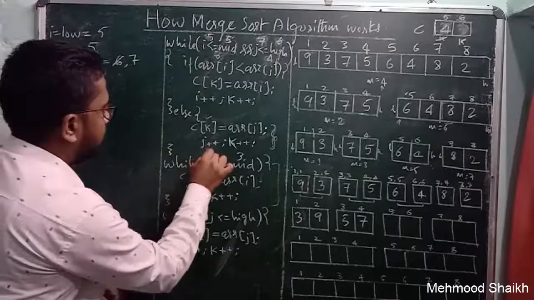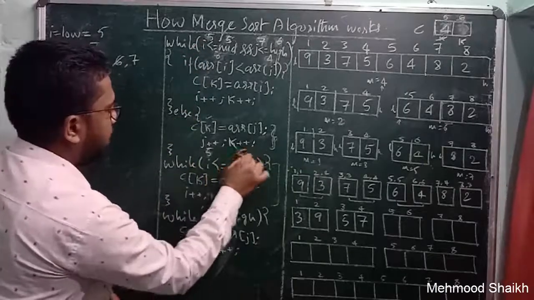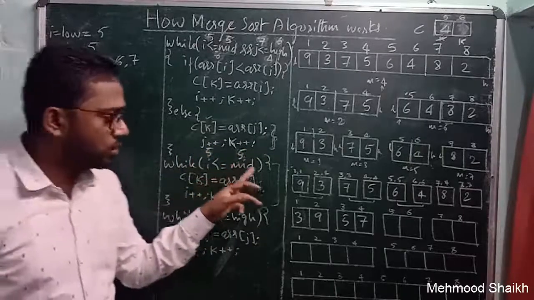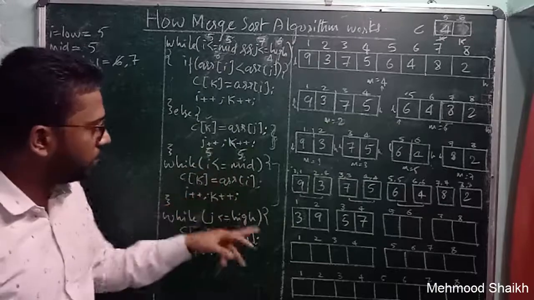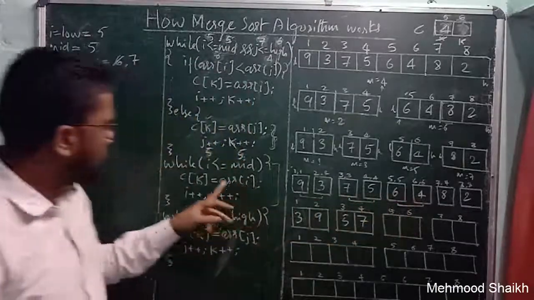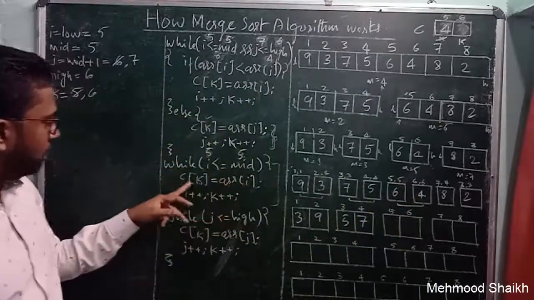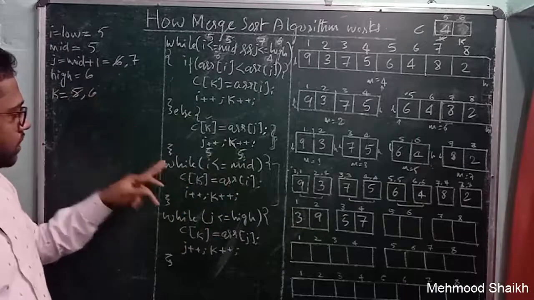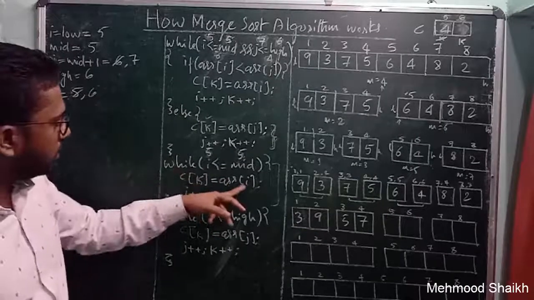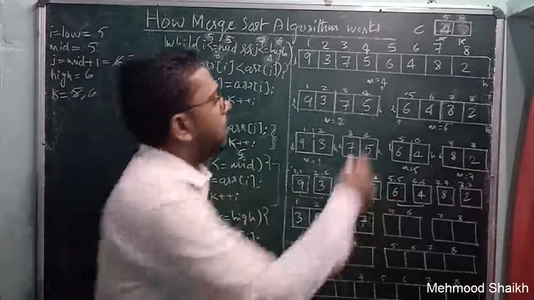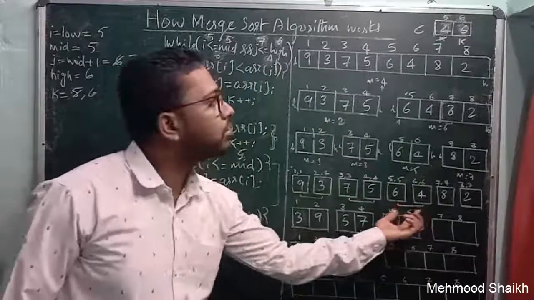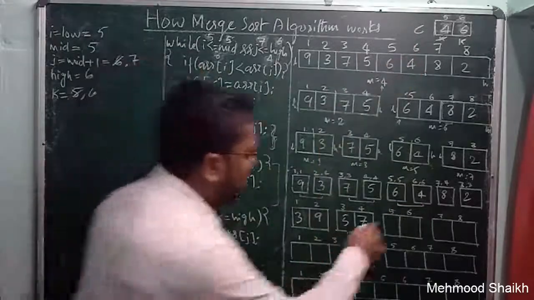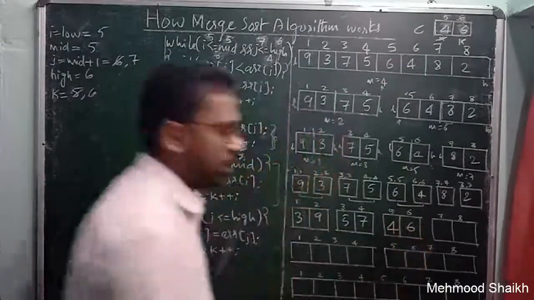Okay, so we will take the value of 5 here. So here 5 and here 5. Okay, so 5 is less than or equals to 5. Yes, condition is true. So array of I is 5. So array of 5 is 6. So now we will pass this 6 into the sixth index of C array. Okay, so array of 5 is 6. So we will pass this 6 here. Okay, so now you can see we have solved these two sub problems as well. So we will put this 4 here and 6 here.